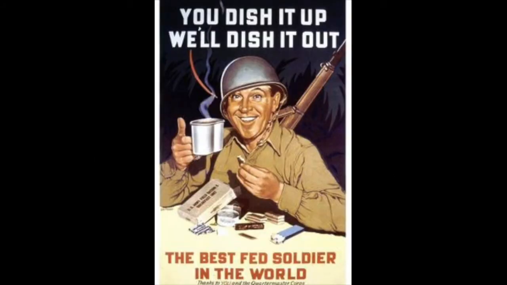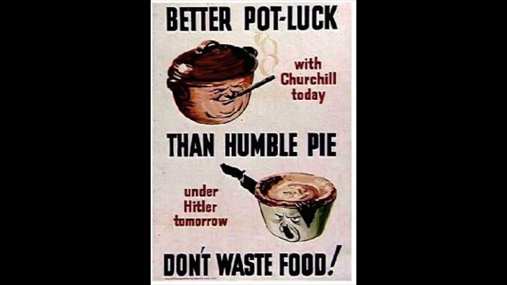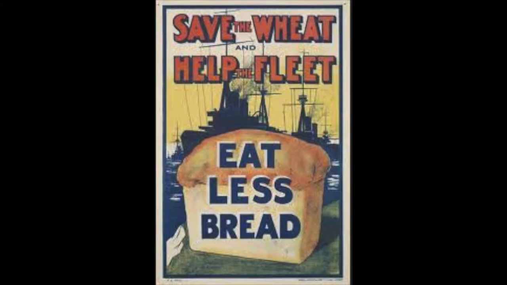Rationing propaganda asks civilians to eat less and donate more food to help the soldiers. These are the steps that had to be taken in total war. This poster shows a loaf of bread with silhouetted ships in the background, presumably headed to war. This is an example of rationing propaganda with rhyming thrown in to stick the message.